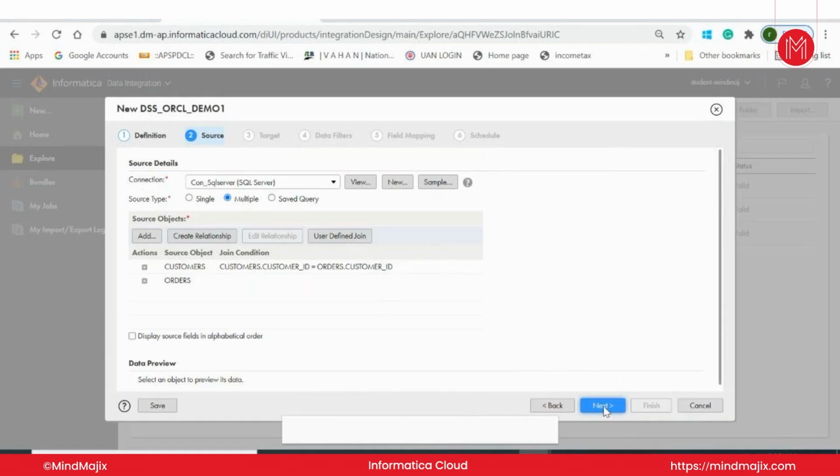Saved query, as I mentioned, whenever we have a complex join condition across two or more than two tables, and if we are going to use that set of tables in multiple synchronization tasks as a source, then we can create an independent source object called saved query, and then we can use it. So after this, after we complete our first synchronization tab,